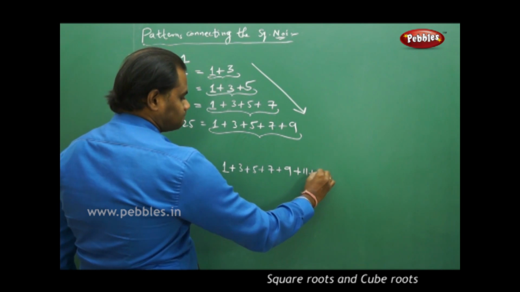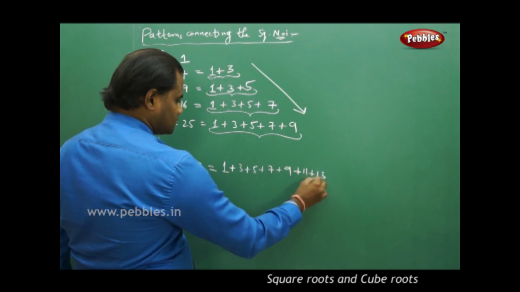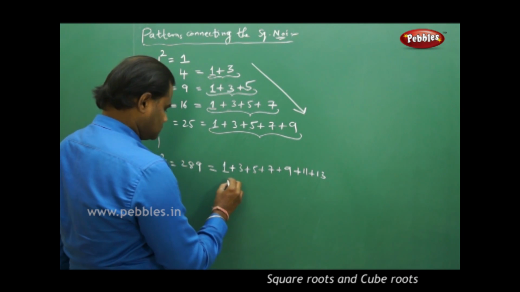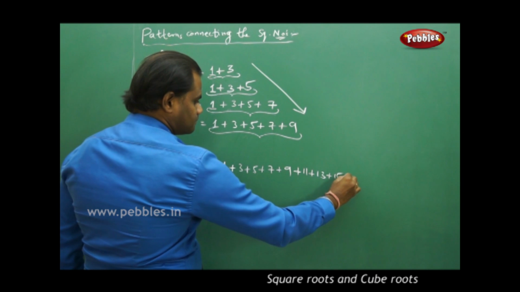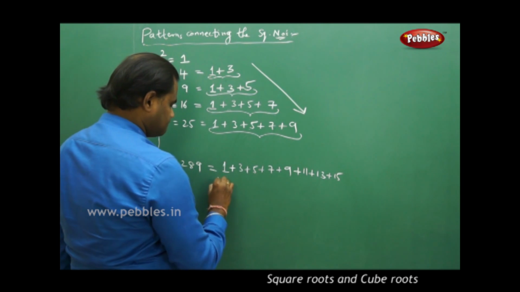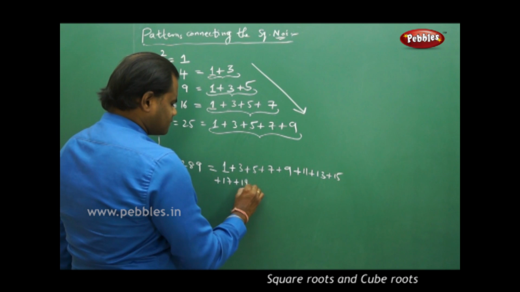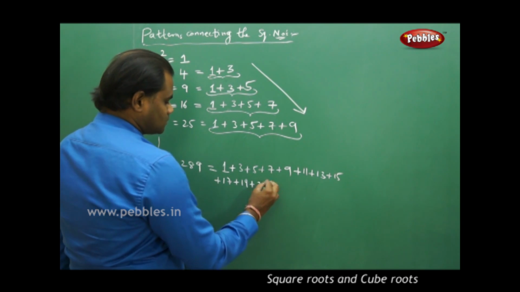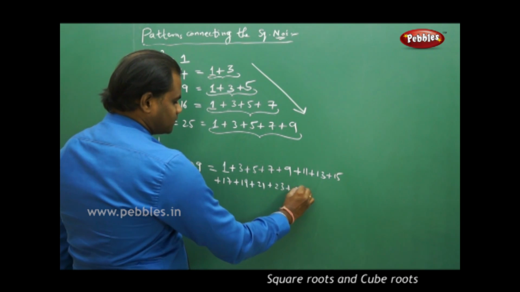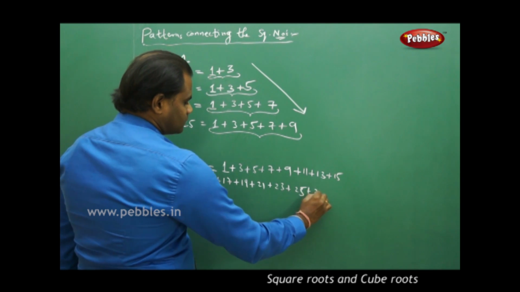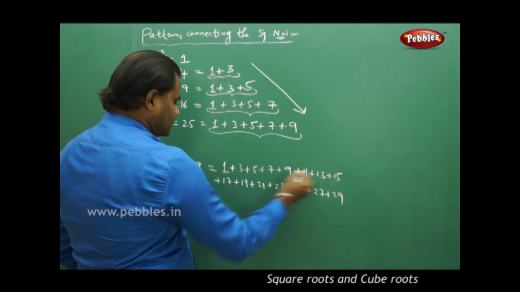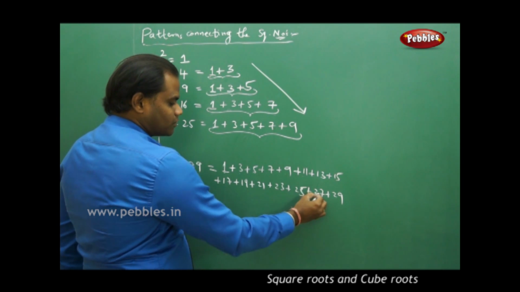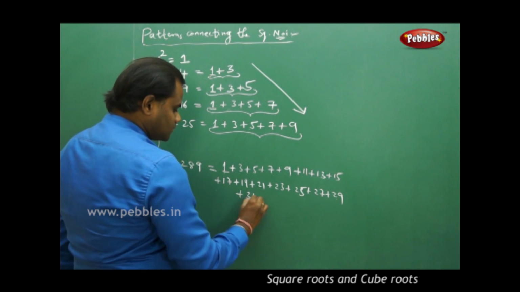11, 13, 15, 17, 19, 21, 23, 25, 27, 29, then 31,